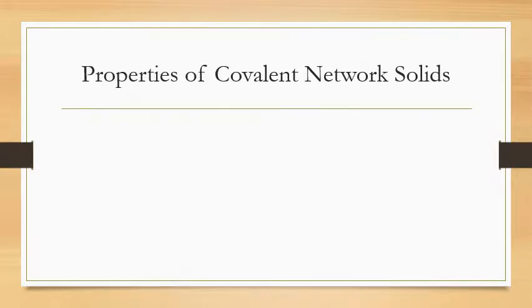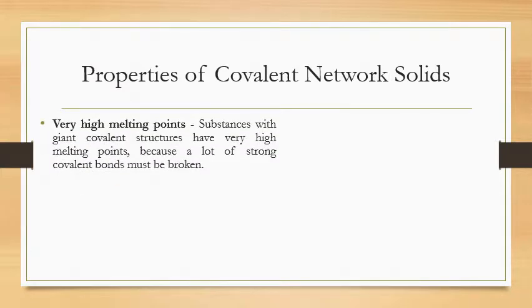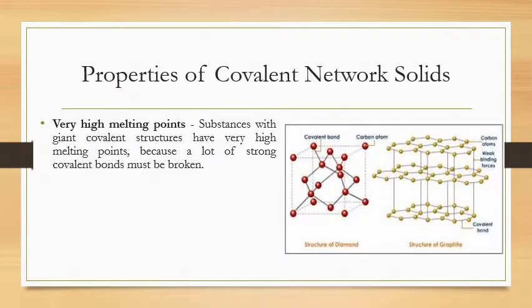So finally, what are the properties of the covalent network solids, which we just briefly looked at? Well, they have very high melting points because they have lots of strong covalent bonds that must be broken. That requires energy. There's the example there comparing the structure of graphite and diamond. 4 covalent bonds in diamond. It's got 4, and graphite only has 3, so it's slightly lower melting point. But you've also got weak intermolecular forces between the layers, and also because it has a free